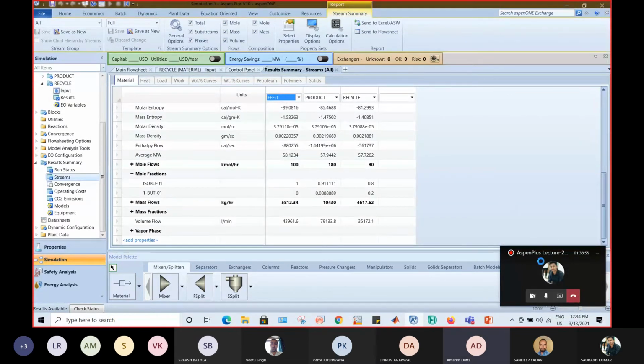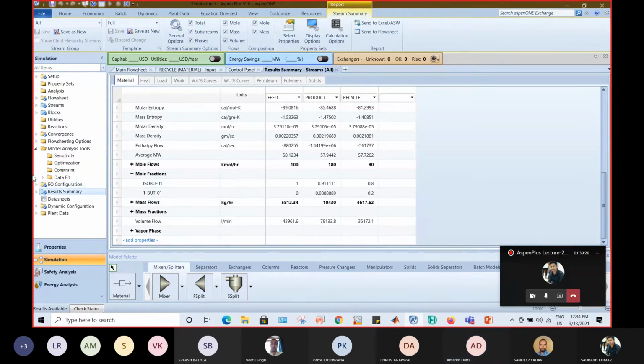No, sir. So for this reason, we have certain tools with us, that one is sensitivity analysis and one is your design spec. So what I will do, I will first show you what sensitivity analysis is. And for sensitivity analysis, you will just have to go to this particular thing, that is your model analysis tool. I hope it is visible to everyone.